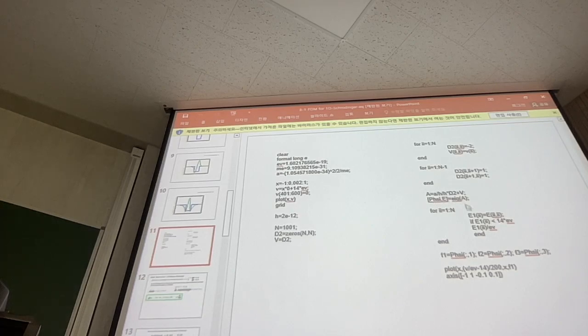Right? So the only thing you have to do is find the physically meaningful eigenvalues and eigenvectors, and for a given eigenvalue, you can just plot it by using psi. What are psi? For a given eigenvalue E,